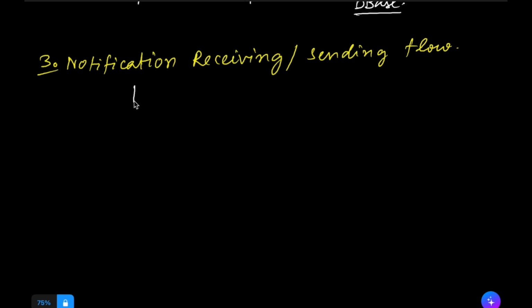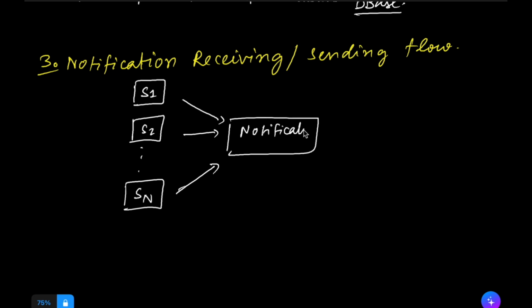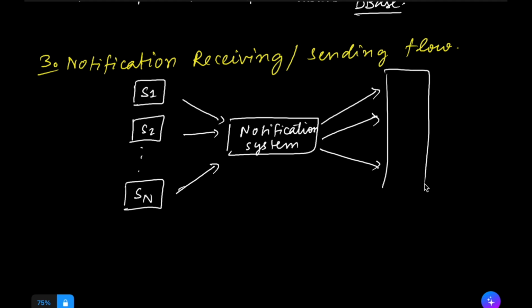We have, let's say, server 1, server 2, and up to n services, and they all trigger a notification and send it to a notification system server. This in turn sends the notifications, or the request, to third party services,